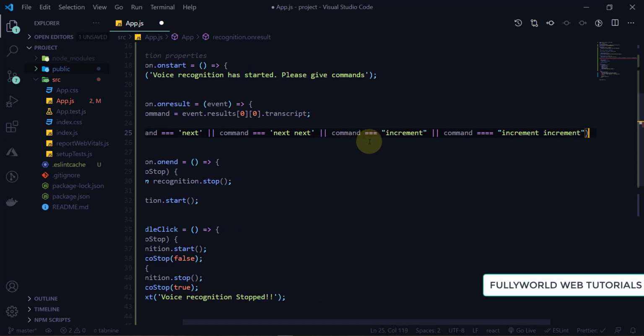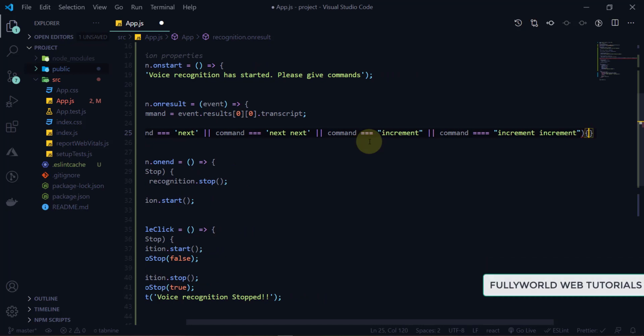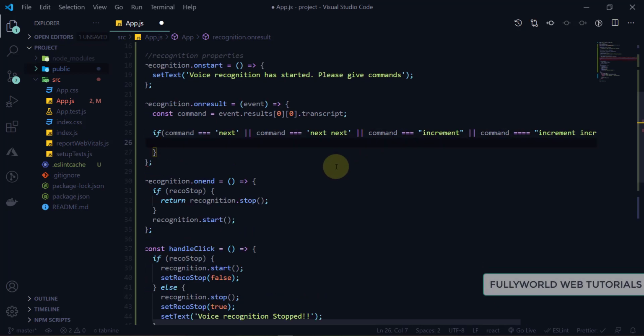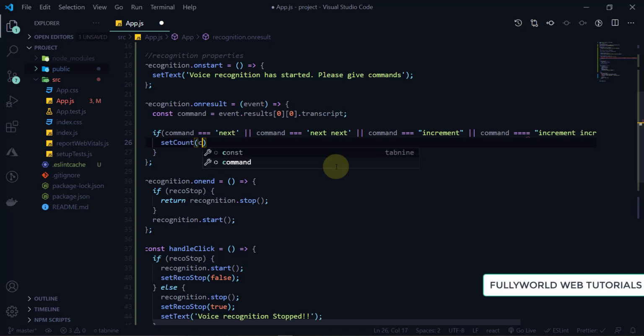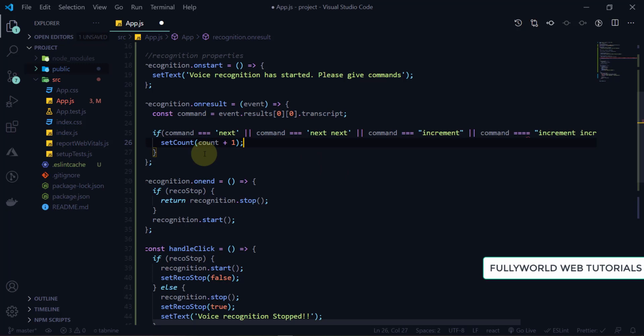This is because of the glitch, so that we don't want to double increment if we say increment two times in the same way. So what we have to do? We will set our count, set count plus 1. We will increment our count only.